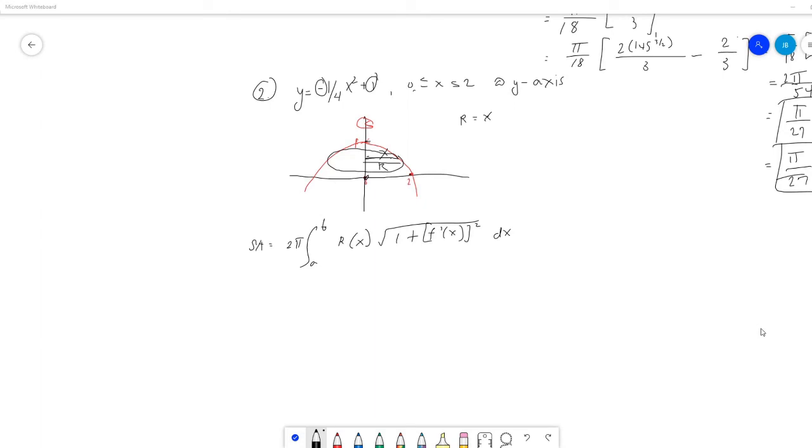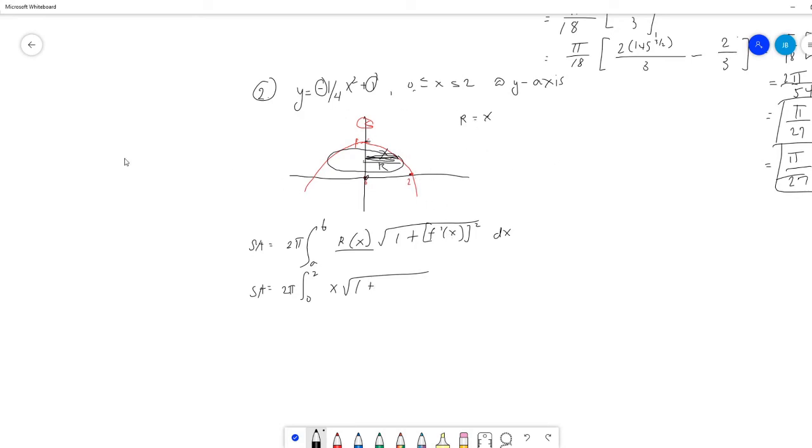Alright, now we are going to butan na to mga values sa equation. First is our limit. So SA is equal to 2 pi. Then from 0 to 2, your r of x is just x, no? X lang po. From this to this. That's x. Then square root of 1 plus, okay, let's